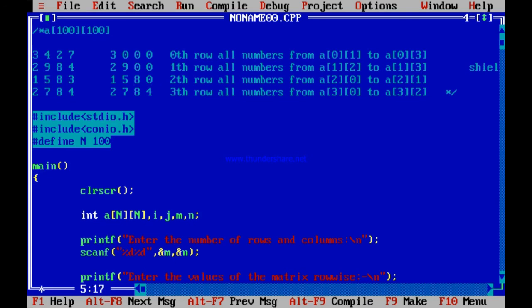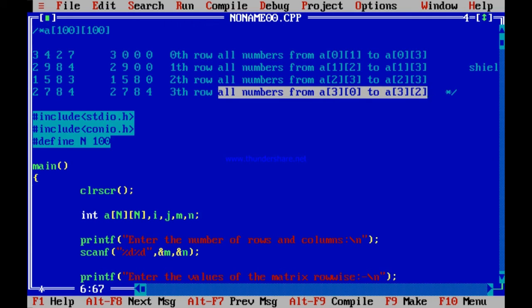Next, you check this. This is A22. This is A21. This is A22. So all numbers from A23 to A23. Isn't it so? And here 3rd row, nothing converted. So if I have to generalize, what do I need? Which numbers do I need to convert? If it is the ith row, 0th row 01 to 03, 1th row 12 to 13, 2th row 23 to 23. So ith row,